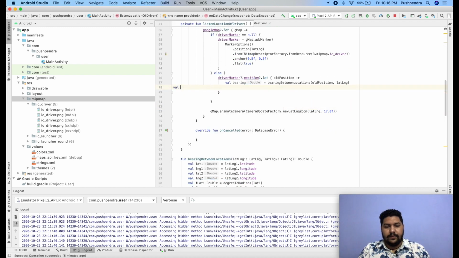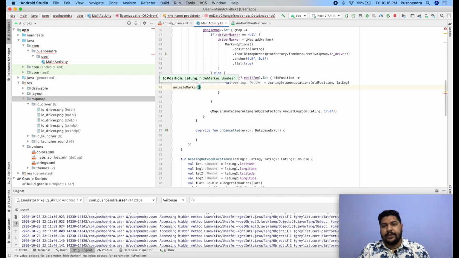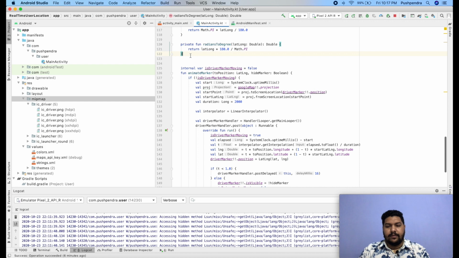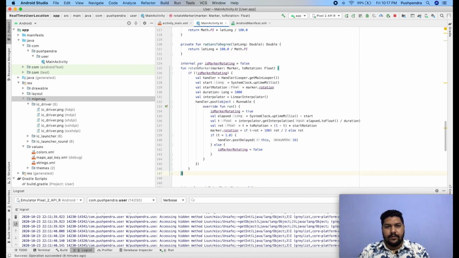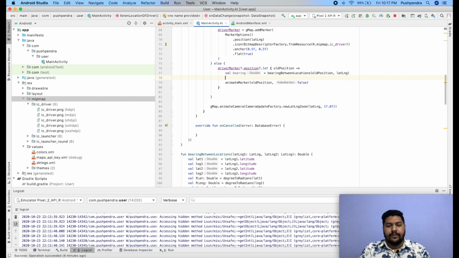Now directly animateMarkerToPosition old. This is for animating the marker. Now I require one function for rotating the marker. So this function is for rotating the marker. Now I am going to call this function before the animation. Here rotateMarker and I will pass driverMarker, rotation bearing dot toFloat.